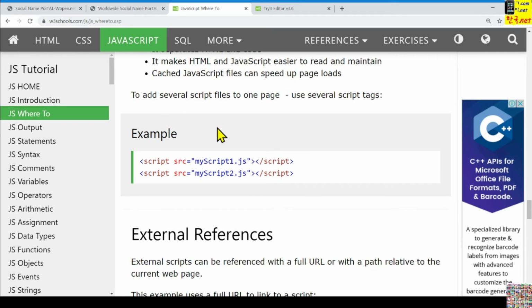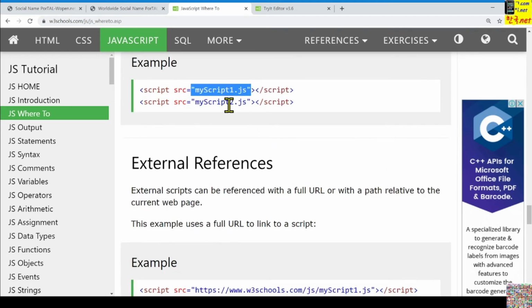Here we can add several script files to our single page using this source attribute and that file name here. Then we can bring them from outside.